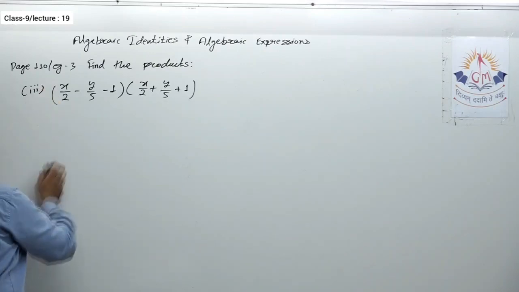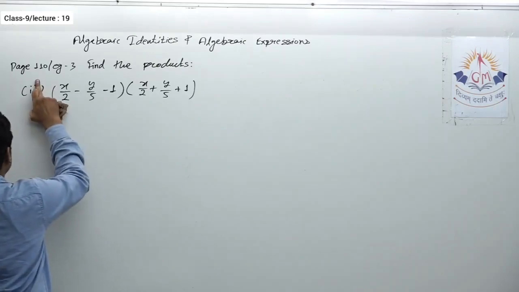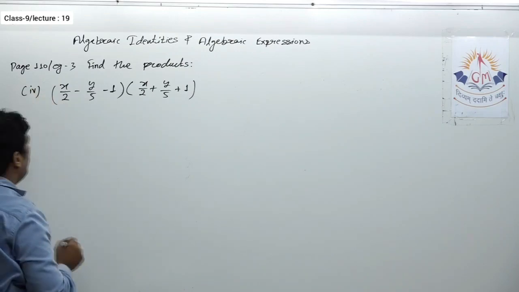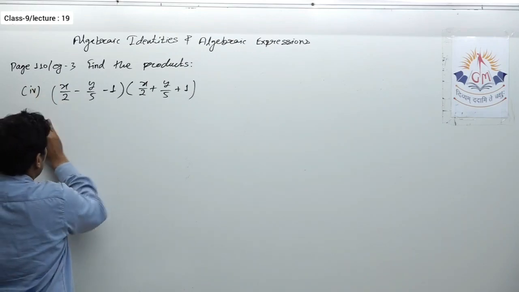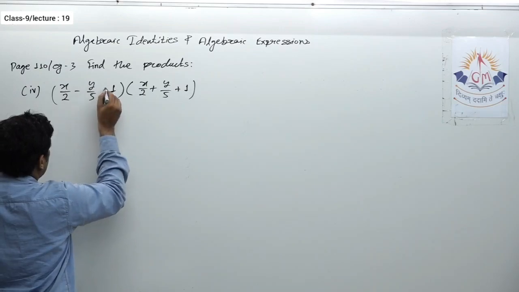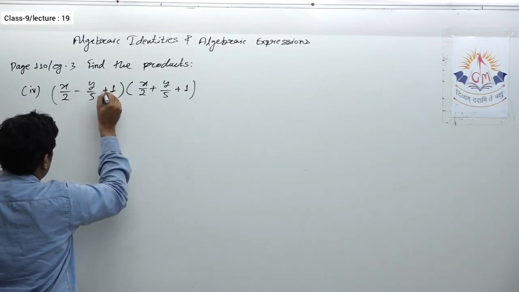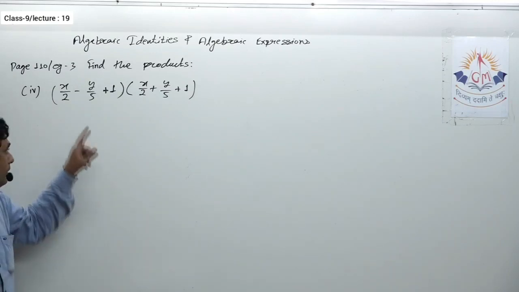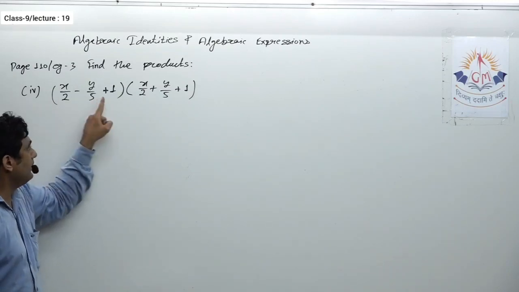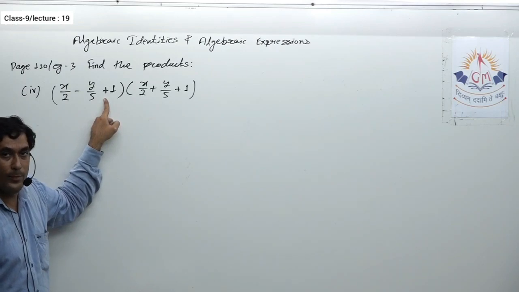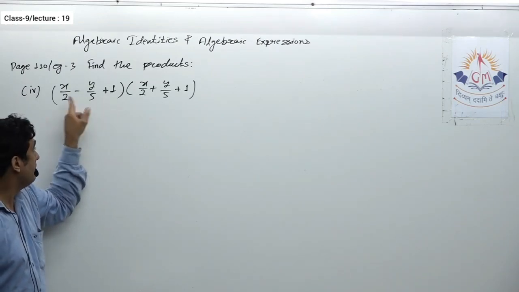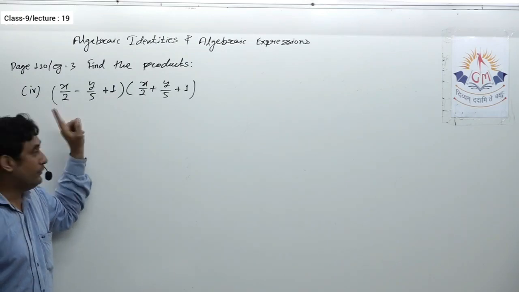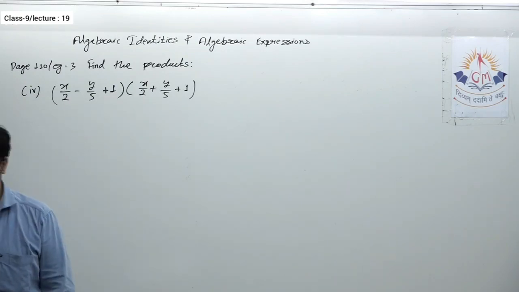Now, next question, I'm just making a small change in the existing question. Over here, instead of minus, I'm taking plus. Now try to solve this. If you observe carefully, in the third one there was a negative here. Now I'm making changes over here only. Instead of the minus sign, I took it as positive. Now try to find the product.